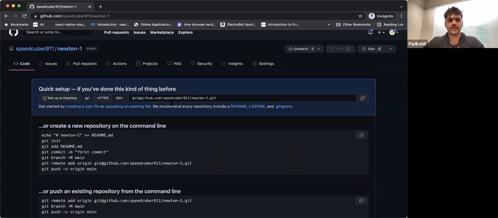तो उसके लिए हम क्या कर सकते हैं? When you're coming here, it's basically telling you do these things, but you don't have to worry about this. The only thing you need to worry about is this. When I click SSL